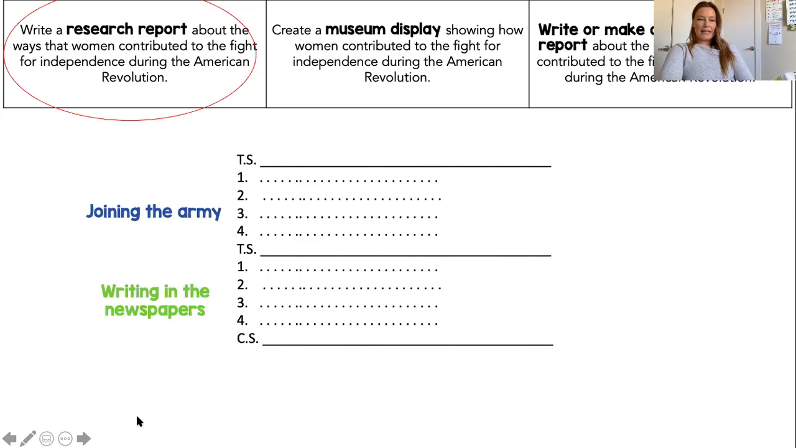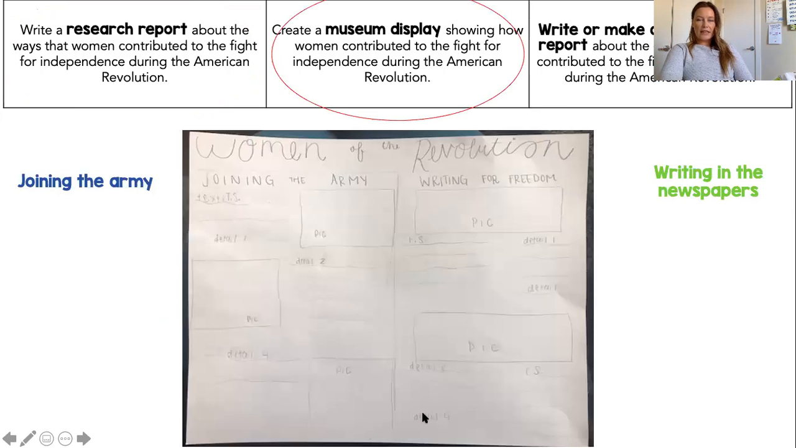If we were planning a museum display, this is how I would plan mine. I would have the title, because museum displays always have a title or name of the exhibit, so people know what exhibit they're going to. So I named my exhibit Women of the Revolution, and it has 2 different sections, joining the army